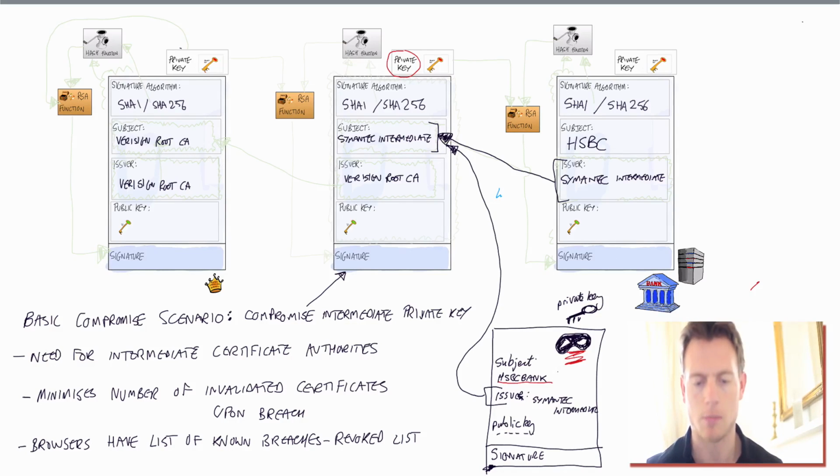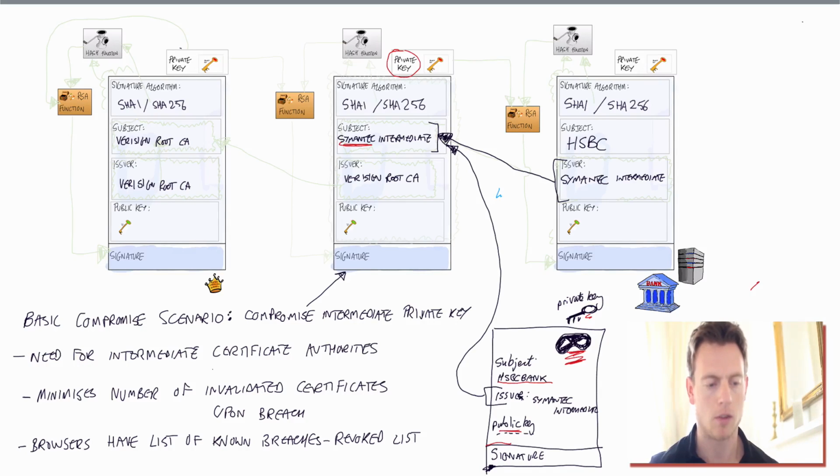Let's say I'm going to call it hsbcbank.com, and hsbc.com is the proper HSBC website, but hsbcbank.com is my spoof website that I'm going to pretend to be HSBC. I'm going to use the private key belonging to the known Symantec intermediate certificate authority to take my certificate with my own public key. The private key is obviously not in the certificate, but my public key is. So I take the CA's private key and use it to sign my own certificate,